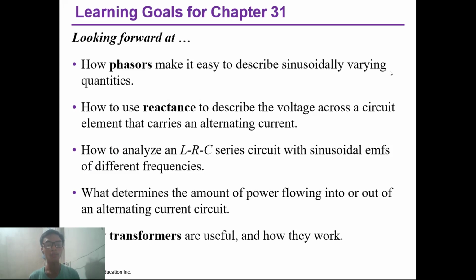So notice the progression. We will start with mathematical tools such as the phasors, then proceed to circuit elements, then power, and finally the applications like transformers. So kindly turn to your peer and brainstorm. Which of these goals do you think connects most directly to everyday technology? Is it radios, household power, or transformers? So what do you think?